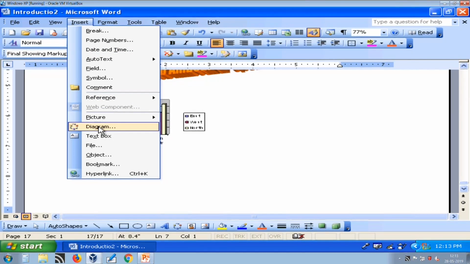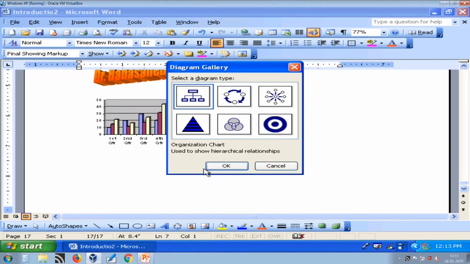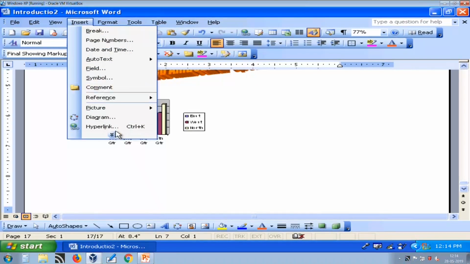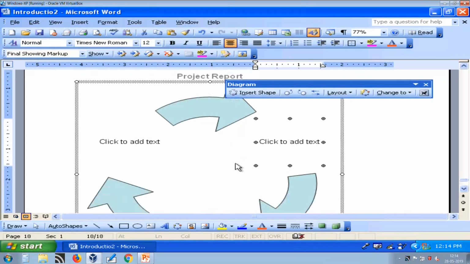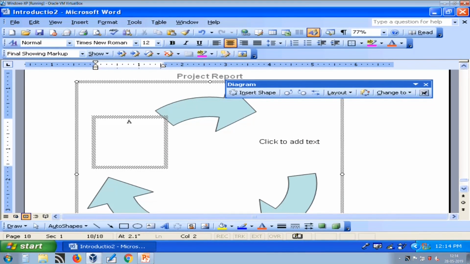Then we have different types of diagrams available that we can use from insert and diagram. So, I want to create a loop like this. So, I select that diagram and press OK. So, here I am adding something.